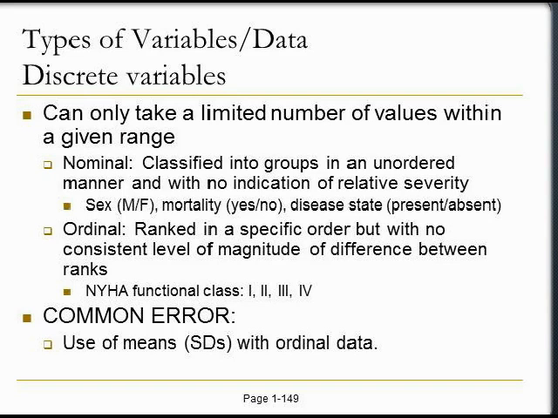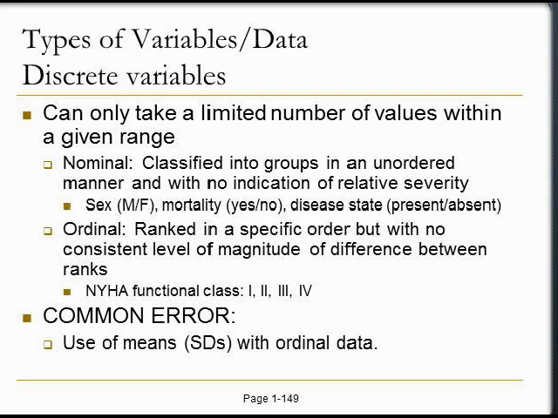We'll first start with discrete variables, and these are variables that can take only a limited number of values within a given range. There are two listed here that we most commonly refer to. One is nominal. This would be a yes-no type of question, or in the case of sex, male or female, or mortality, either dead or alive, etc. Ordinal, on the other hand, has some ranked specific order,